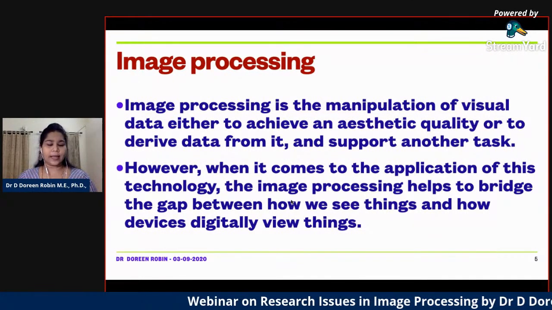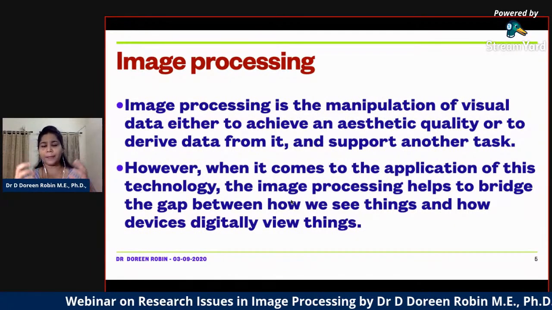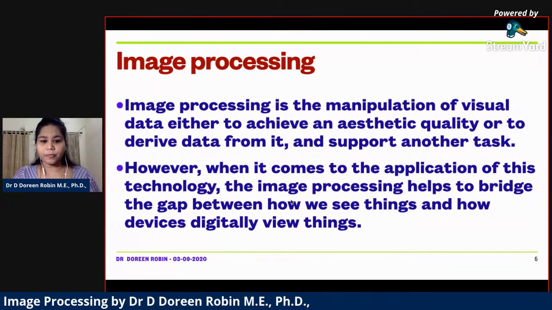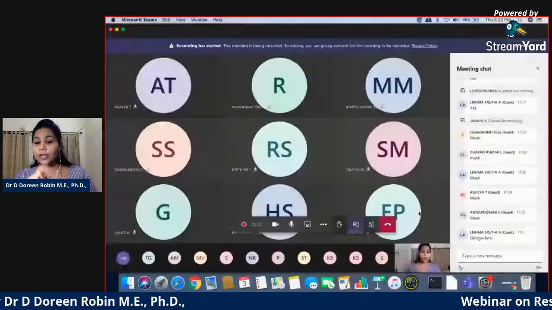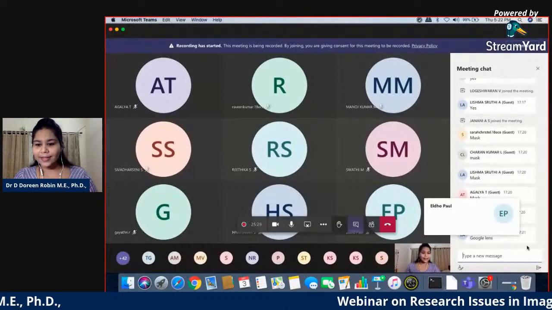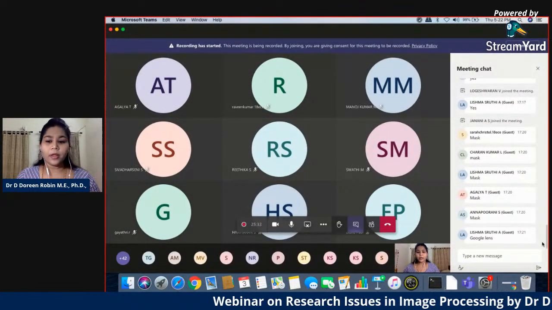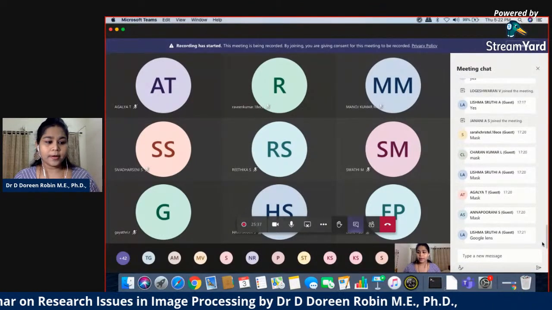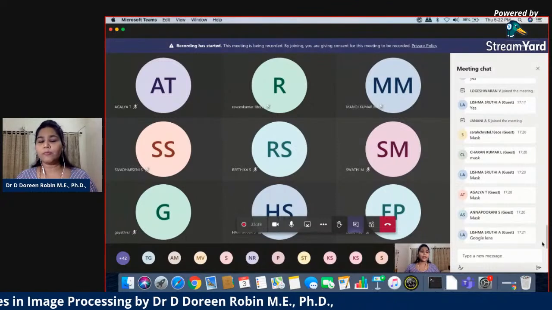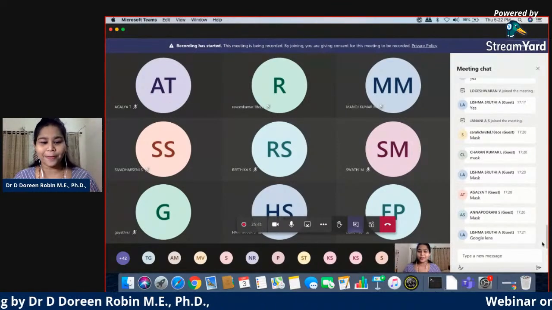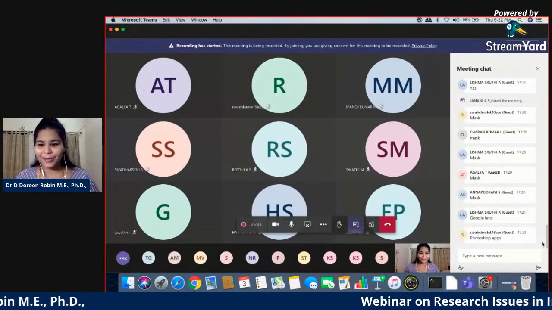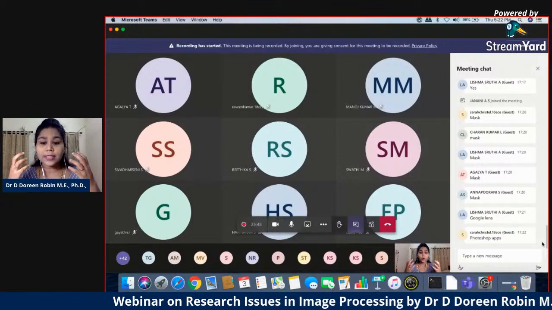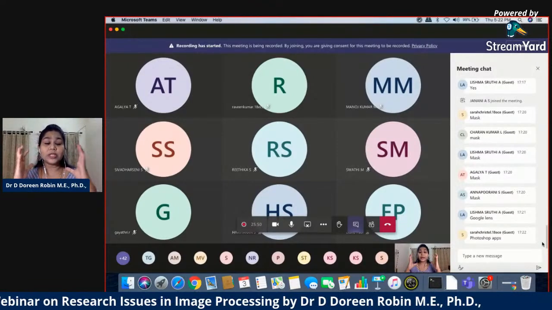Okay. Can you tell me any of the applications where image processing plays a vital role? Yeah, Google Lens is exactly. Any other applications that you think where predominantly it is used? Yes? Yes, you can quickly give me the answer. It could be right, it could be wrong, no problem. But I want everybody to give me an answer. Photoshop applications, right? No, how the system sees the image digitally.